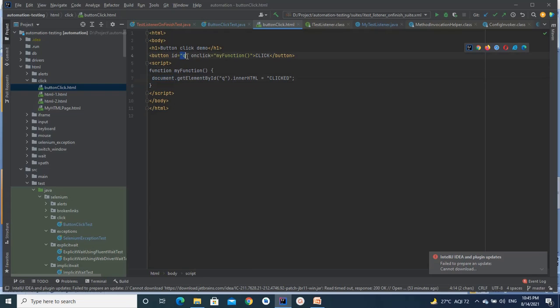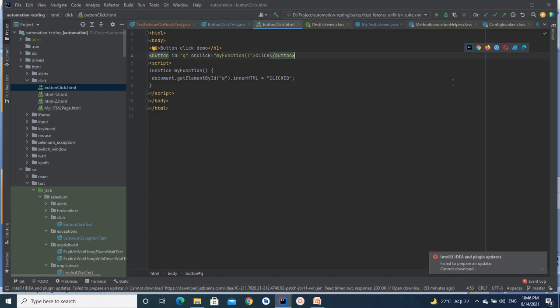So I'm taking this ID and changing the label of this button to clicked. In short, if I perform a click on this button, the label gets changed from click to clicked. The same thing I can do using a script as well as manually.